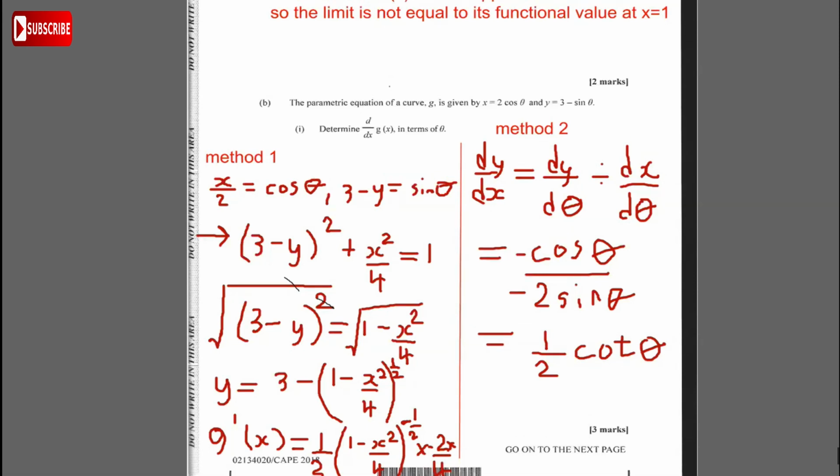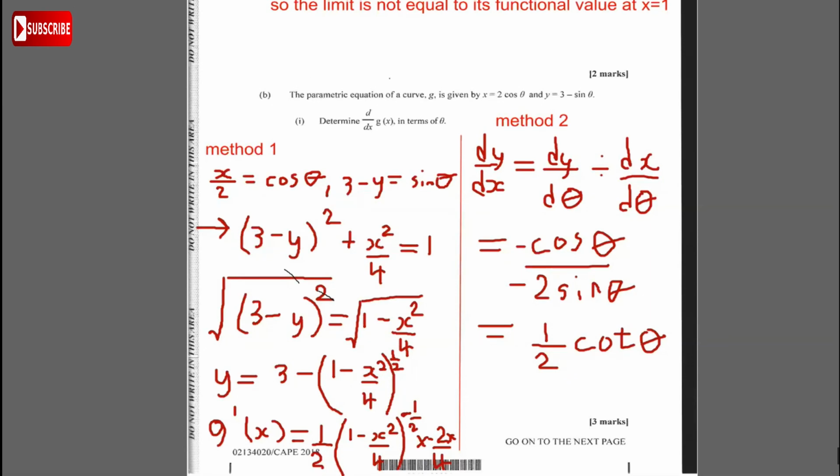So I'm going to finish it off right here. I'm going to carry method 1 up here, the draw arrow. Just going to finish off method 1 in this small space. Now the minus, the 2 here cancels the 2 here. And so what you get is 1 over 4 minus 1 over 4x. So we get now that g prime is equal to minus 1 over 4